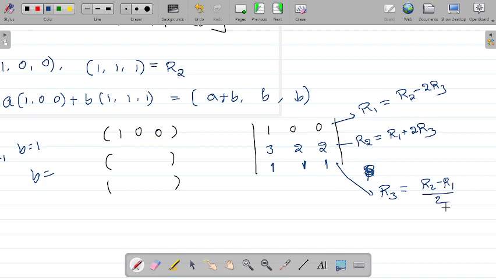So you can see that the first row is a combination of the next two rows, and the second row is a combination of the first and third row, and the third row is a combination of the first two rows. It means one guy is depending on others. If we have two other guys, we can talk about this, because we can express the third row in terms of both. Okay, so now you got dependent elements.